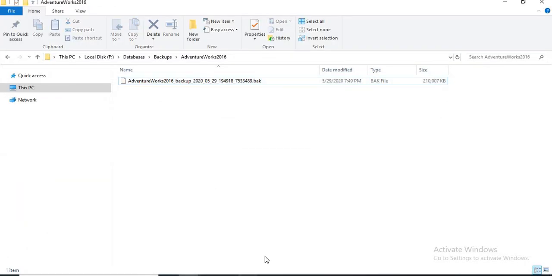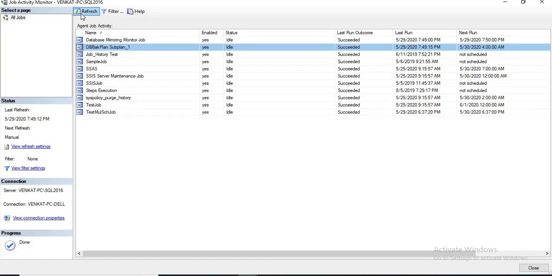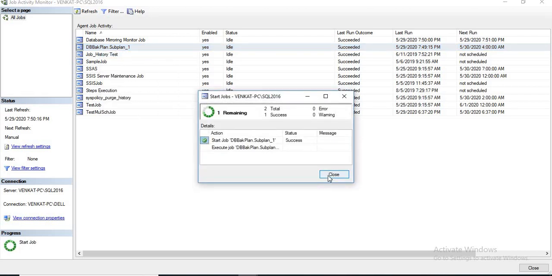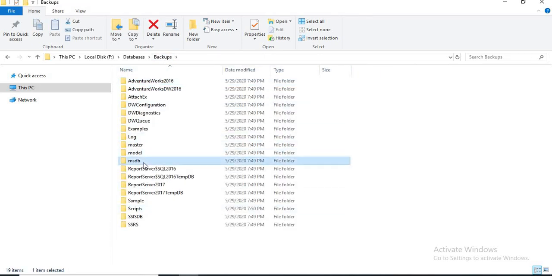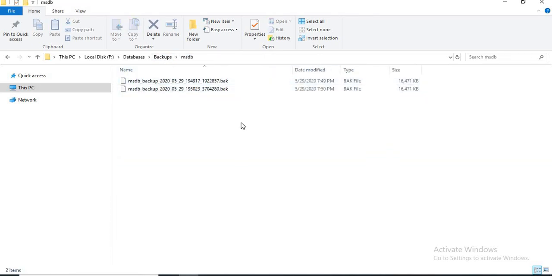If I run a second time, do I get a separate new file, or does it override? It doesn't override. Why? Because it creates a fresh name every time. I'll show you. Let's wait for a moment for it to create. Yeah, if you see here, I just ran it a second time and it created a new file. You will get a unique name every time, so there is no possibility of overriding the previous backup.